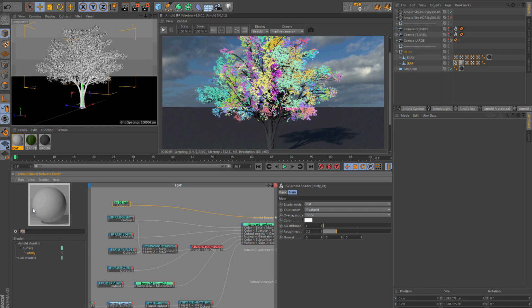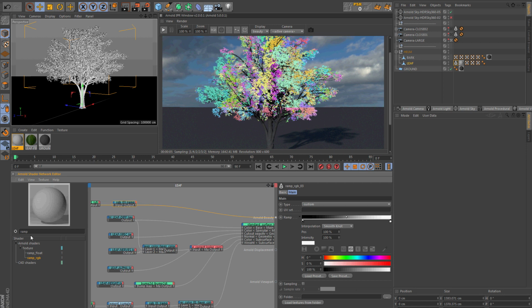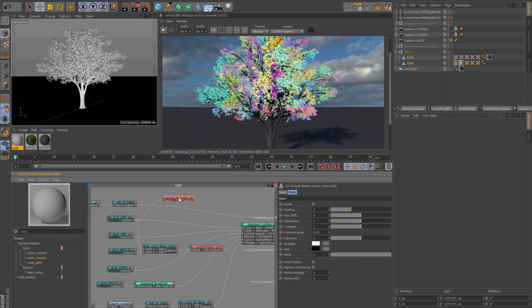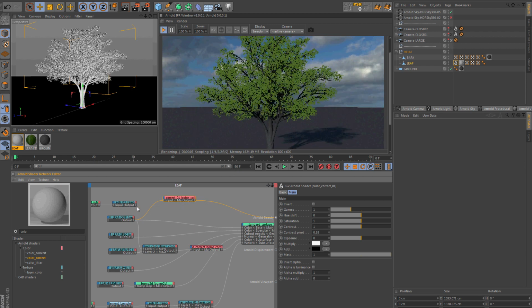Now I need to grade it and take a color correction node, connect the diffuse to the input and connect the utility to the U shift.